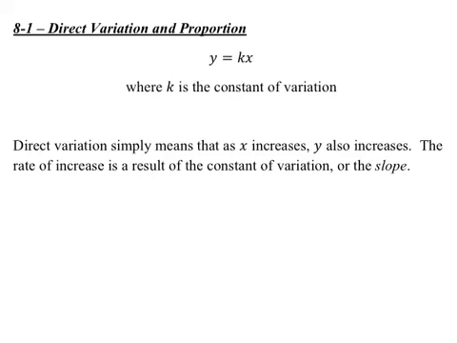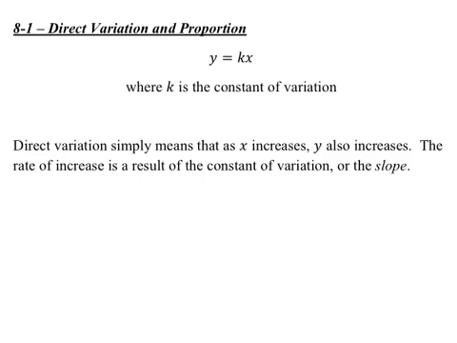Okay, so today we're going to take a look at section 8.1, direct variation and proportion. The idea of direct variation is, simply put, as one thing changes, the other will also change. For example, from the time you're 1 year old until you're about 7 years old, as your age increases, your height increases. Obviously, your height will stop increasing once you get older, but the idea is that as one increases, the other